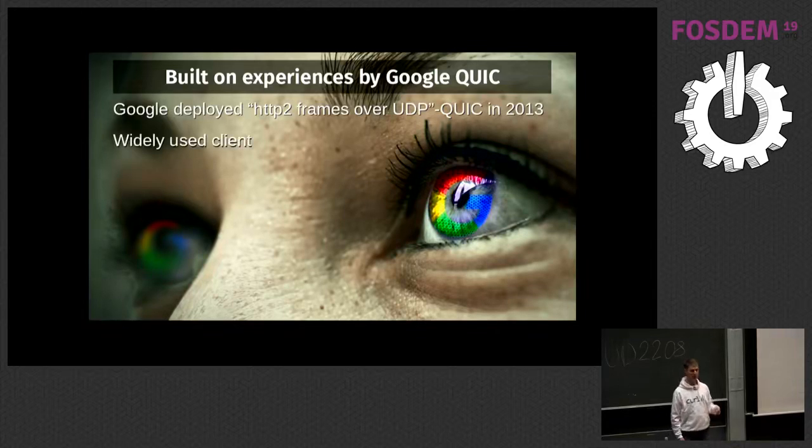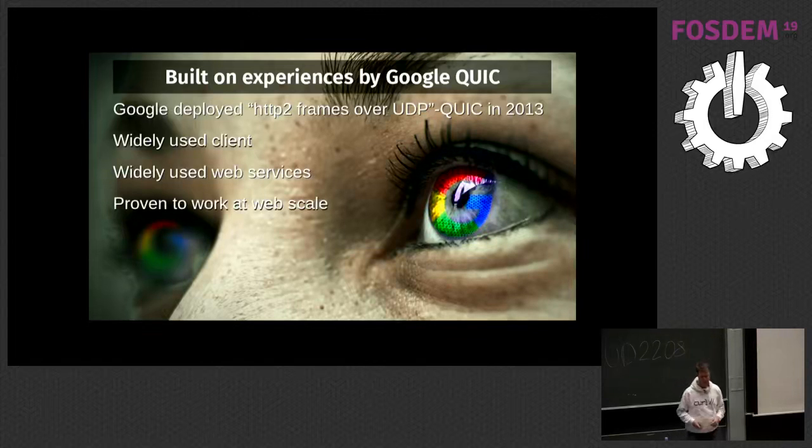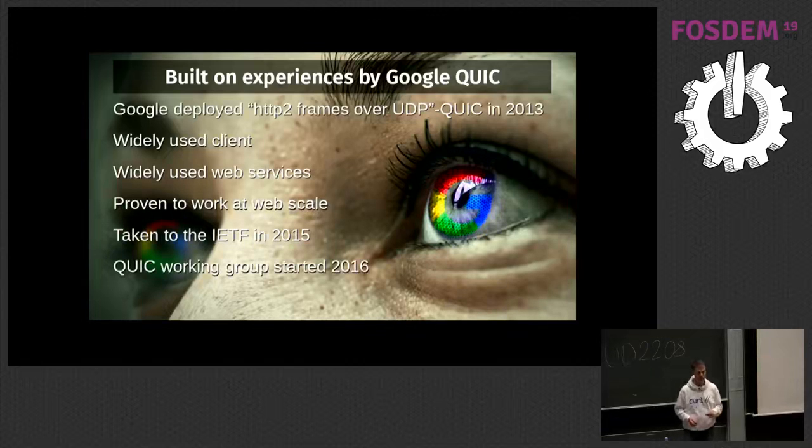They have a fairly widely used client and some popular web services. Some of you might have tried them. So they could really work it out and prove to the world that it actually works to send HTTP2 over UDP. Yay, it works, and it actually improves things for users, and it helps in a lot of cases. So they took their protocol called QUIC, to complicate things really a lot here, they made the Google QUIC. They took it to the IETF and said, let's make it a standard, which I think is a commendable thing to do and the right thing to do. And yes, in the IETF, they then created the QUIC working group in 2016.